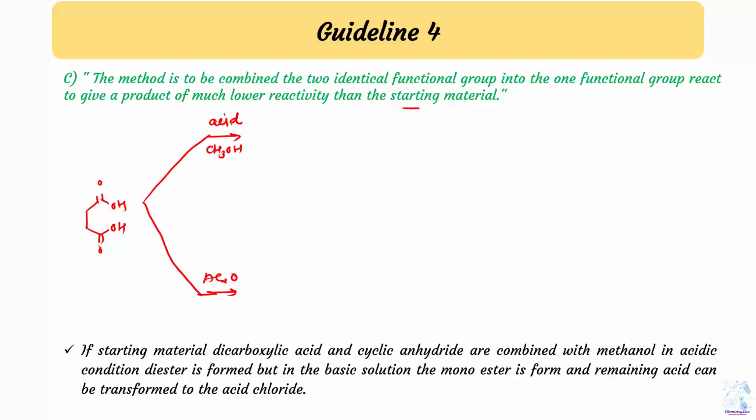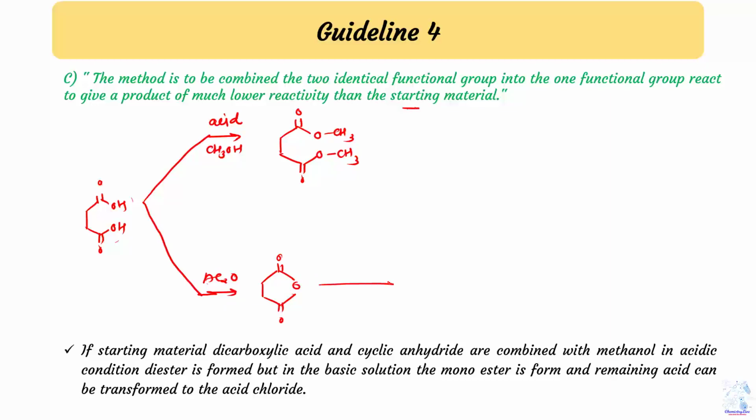When I add methanol in acidic condition, it is replaced by just OCH3, and the double bond stays as it is, protected somehow, and this is the end of the reaction. But if we add acetic anhydride, it reacts with these two groups and we get such an interesting product. Maybe you have heard the name of the product as well. That is one interesting product which I always like to make.